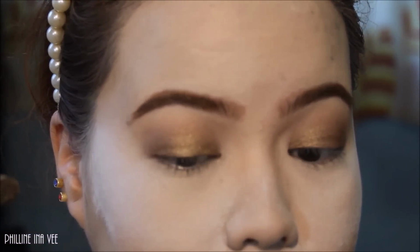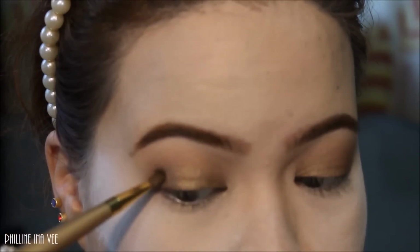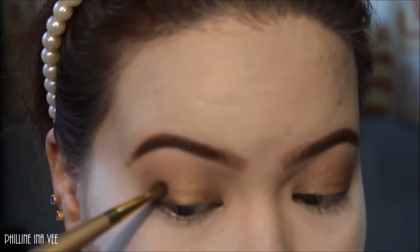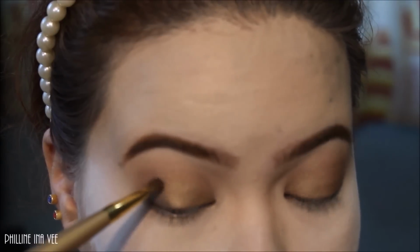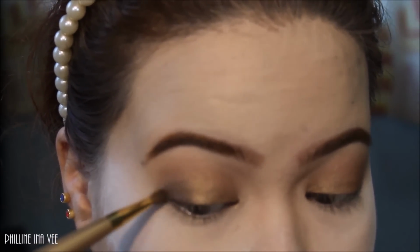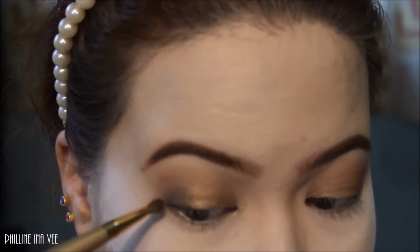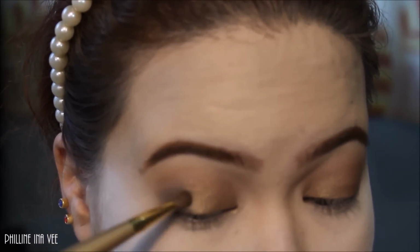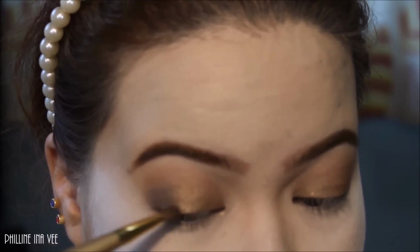If you can see, that really made our eyes pop, right? Alright, now taking this, oh my gosh, I don't know how to explain this shade, but it's like a dark moss green color, if I may say. I'm just taking that on a small detailer brush. The brush I'm using is from Estee Lauder, and we are just going to pop that on the outer V